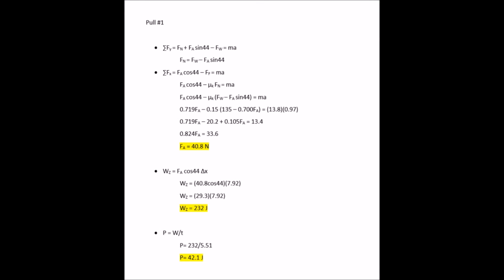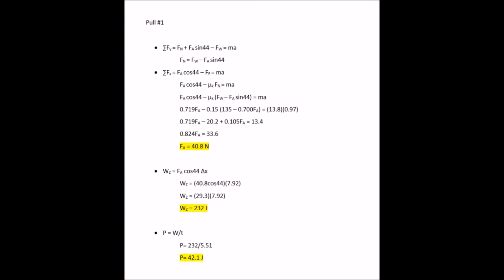To find the force applied to the sled, we took force applied cos 44 minus the coefficient of friction times weight force minus force applied sin 44 equals ma. We in turn figured out that the force applied was equal to 40.8 newtons for pull number 1. We then figured out that the work of the pull was 232 joules, and then the power of pull number